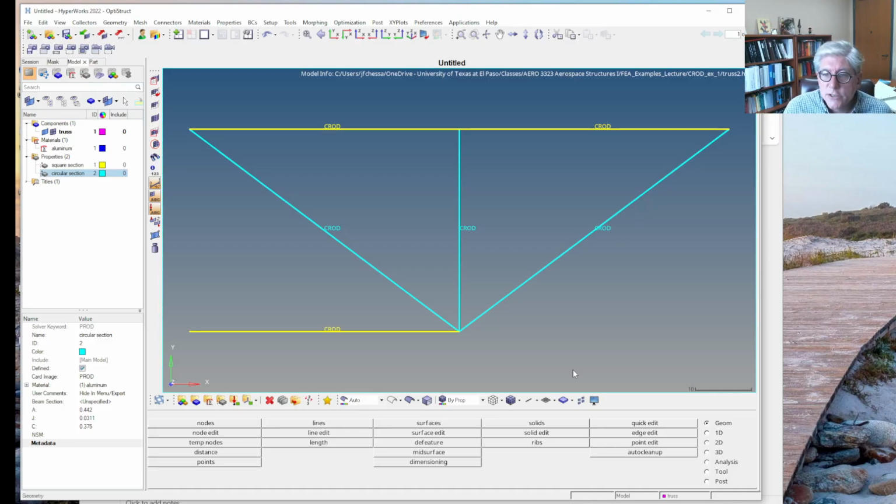The next thing to do will be to do the boundary conditions, okay? But I'm going to stop the video here, and then I'll pick that up in the second one. So I'm going to save this again and